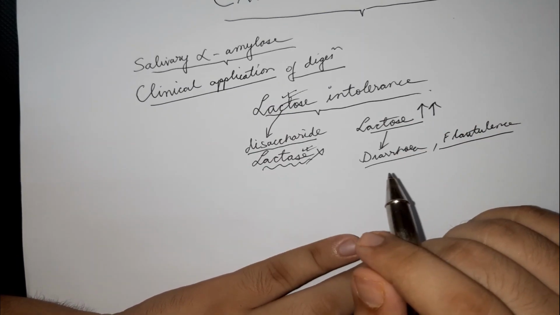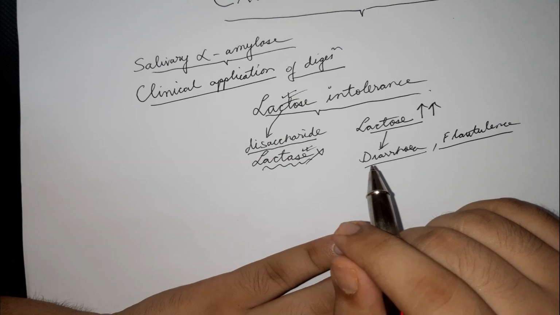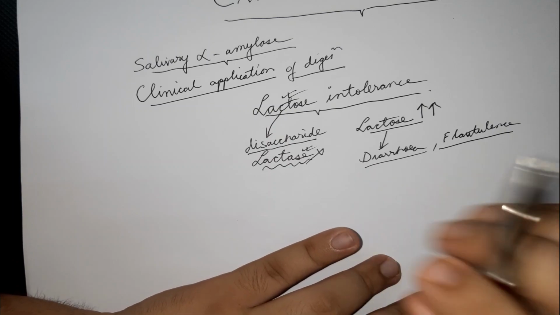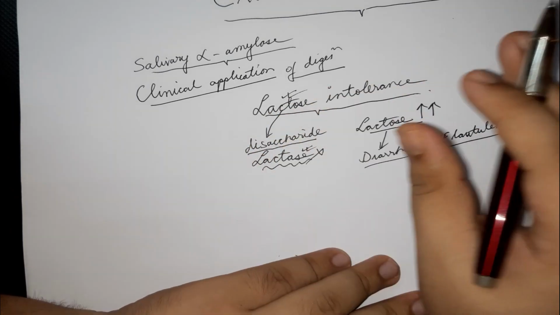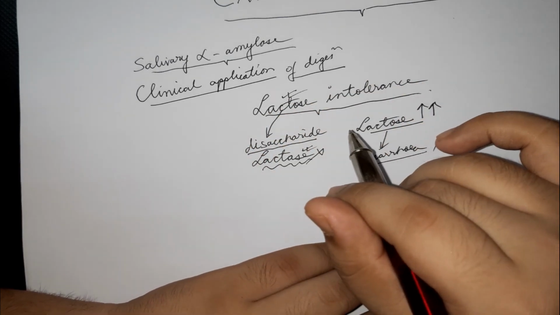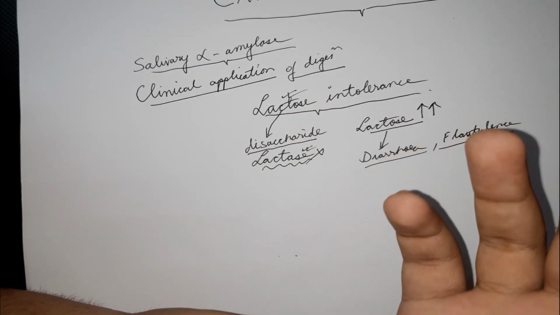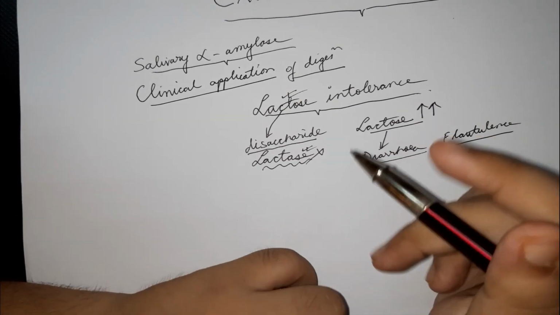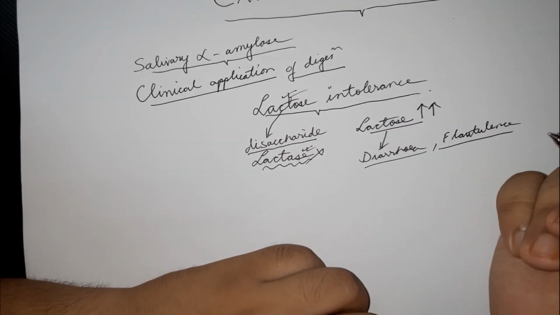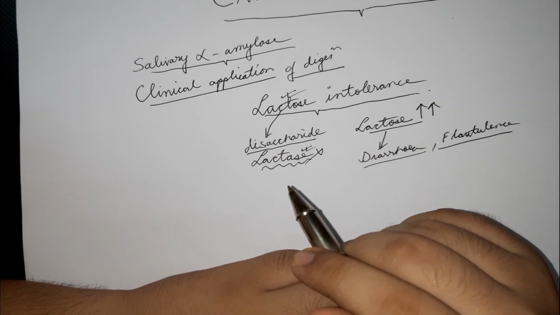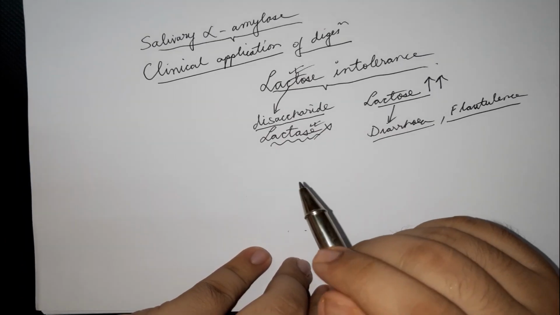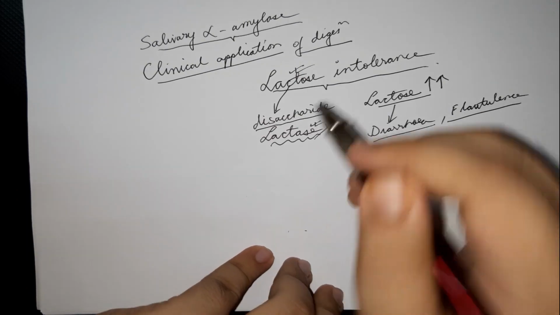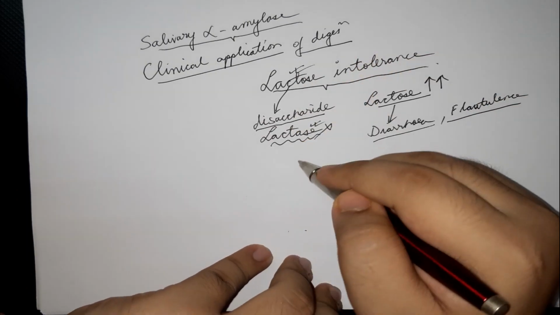It can be treated by removing lactose sources from the diet. So if we suffer from lactose intolerance, we should not consume food which has lactose. For example, milk. We should not consume that. Why? There is another reason for why we should not consume it. See, the implication here is that, listen to me very carefully.